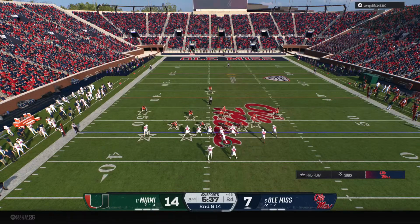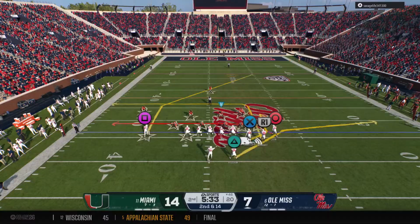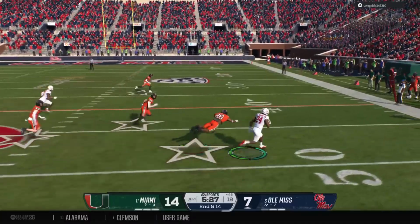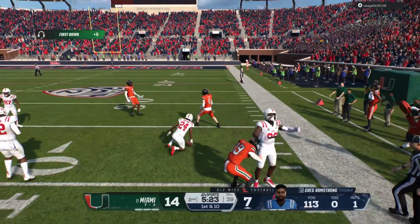Little eye candy here from the offense, some pre-snap motion. Receivers now getting some new assignments before the snap. Second down, we're going to throw it. Looking right, this one caught. They get him down, but not before he gets to the plus